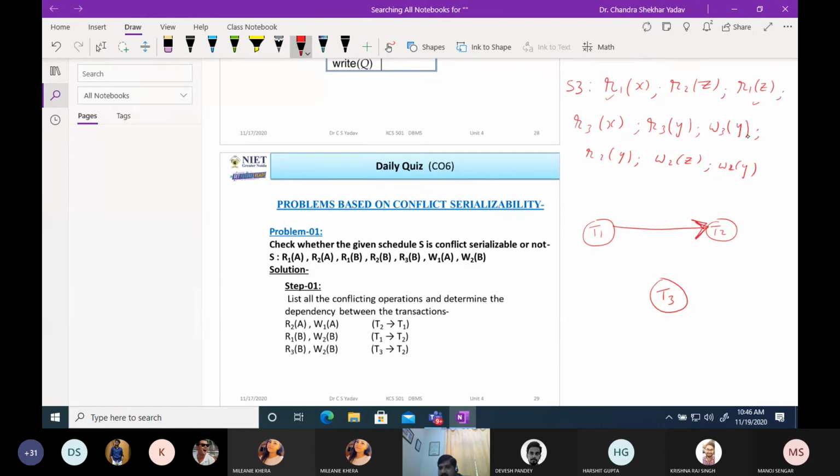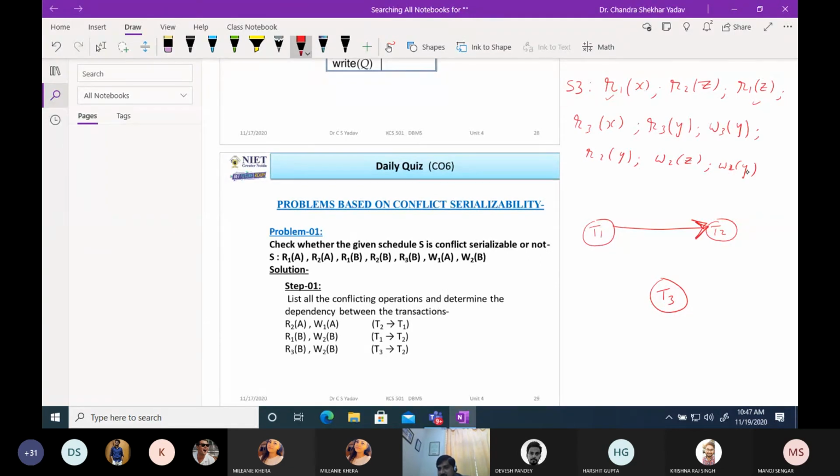Then see this, no conflict. Now we will see this with all the instructions. Here no conflict. In this case no, in this case no, in this case no, different data item. Then we will check this. What about this? Both are in transaction 3, no conflict. R3 and W3. And what about this? Both performing read operations on the same data item, no conflict.